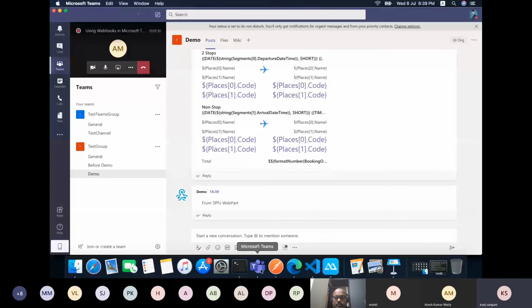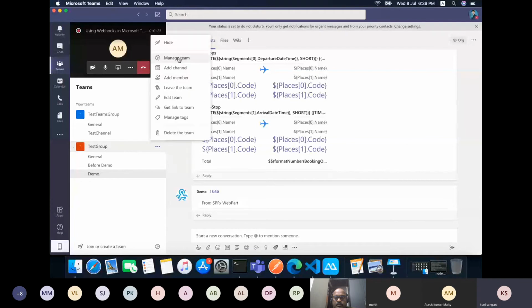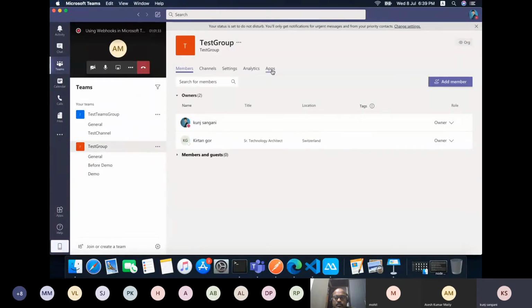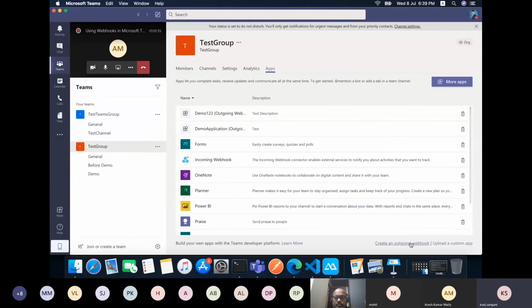Now let us create an outgoing webhook. The very important thing here is that outgoing webhooks are not channel scoped as compared to incoming webhooks. These are team scoped. So I can create only one webhook for one team and we can use it for any other channel. If I click on manage team and go to apps, there is a section called create an outgoing webhook.